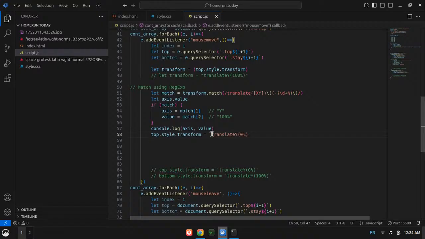And what I need to do is translate, then dollar symbol and my axis, and then here my value, value times -1, and here percent, no, not there, percent there, and here percent.